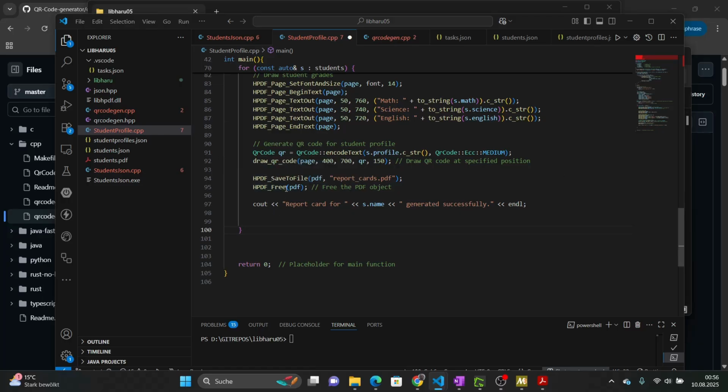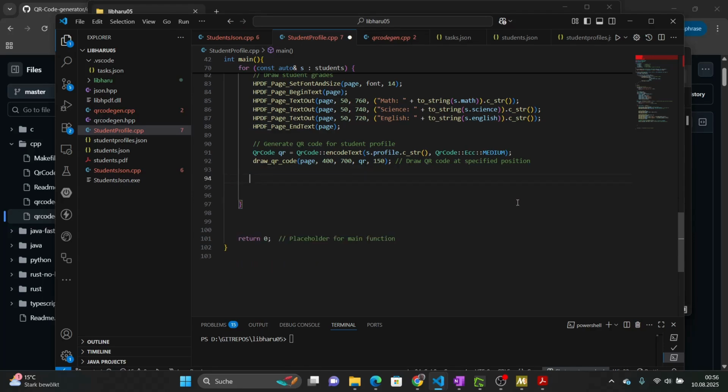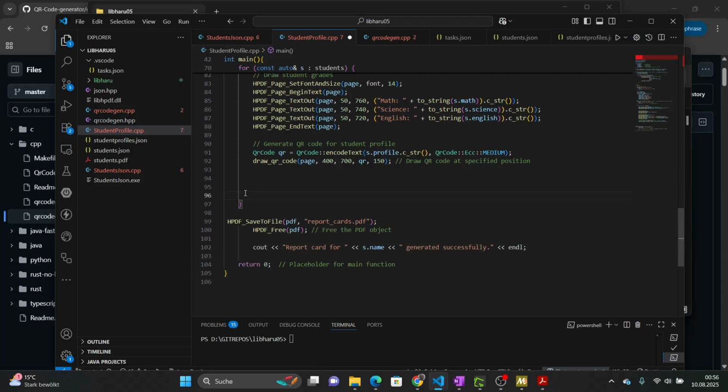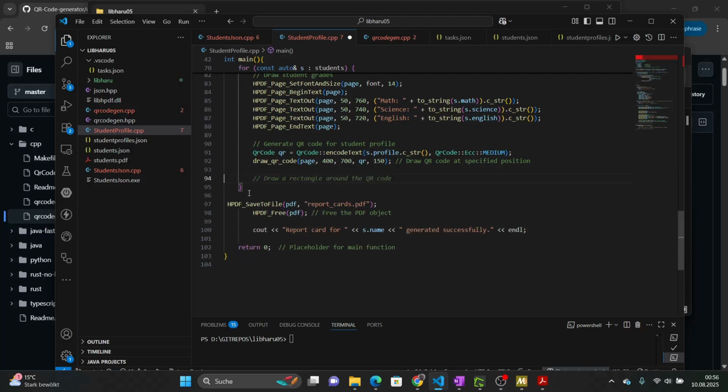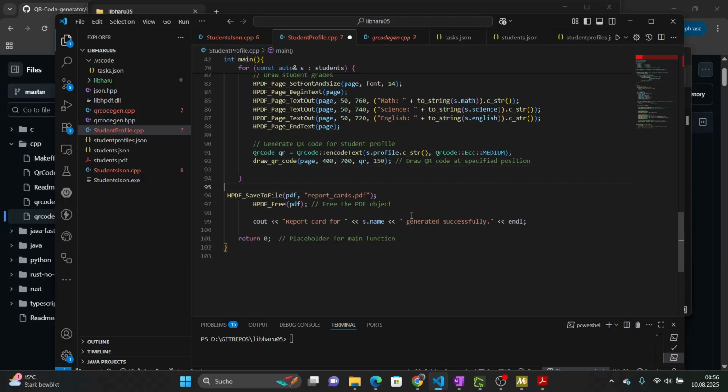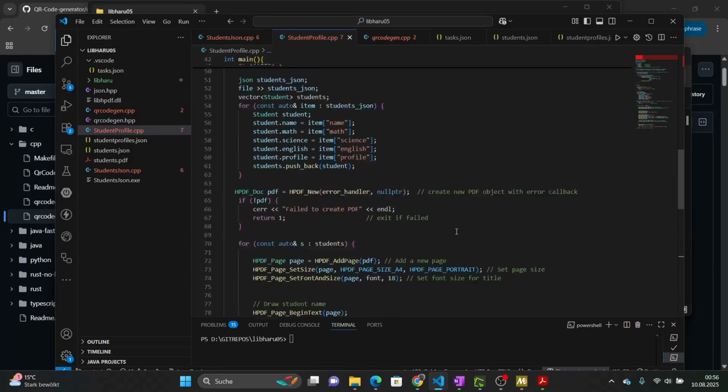So sorry, what we have here. Okay, then this one is not for a student, this one should be out of the for loop, because you are going to save everything in a single document. It's going to be one document with 4 pages. And yeah,